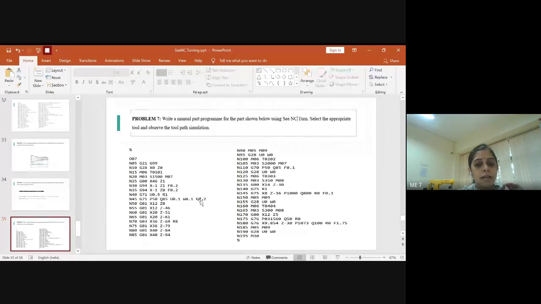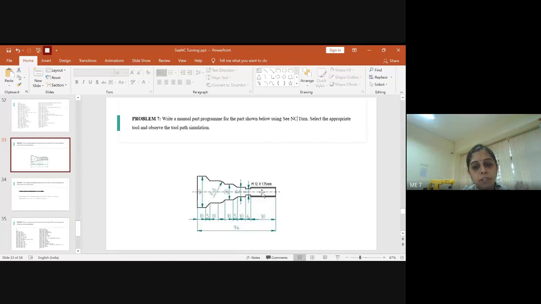Once this is done, you should bring the tool nearer to the place where the operation has to start. If you go back to the diagram here, initially you see that they have given it as M12. So the diameter here is M12. And here you have what we call axial, not radial, axial grooving, where we need to use G75.